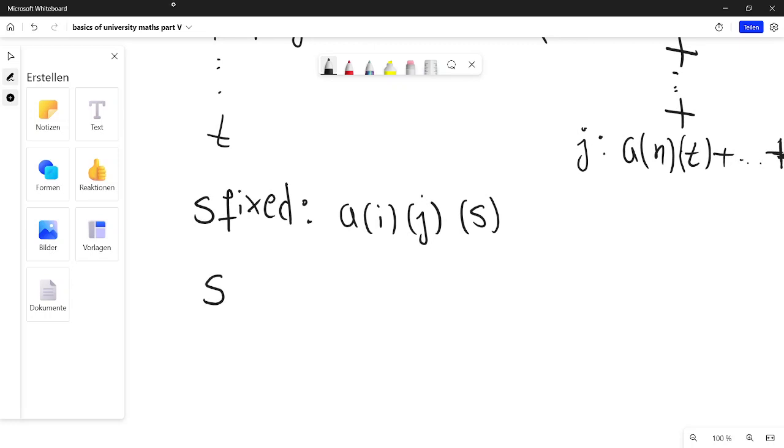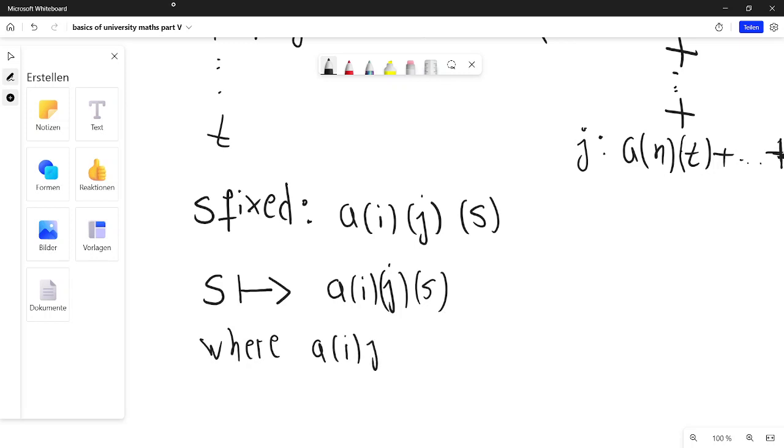So what we have in total, S assigns to that, where A of I j of j of s is a map, and map and function I use interchangeably as announced,